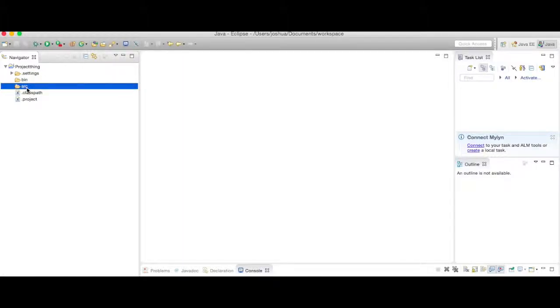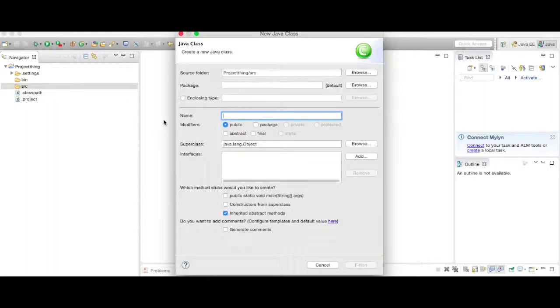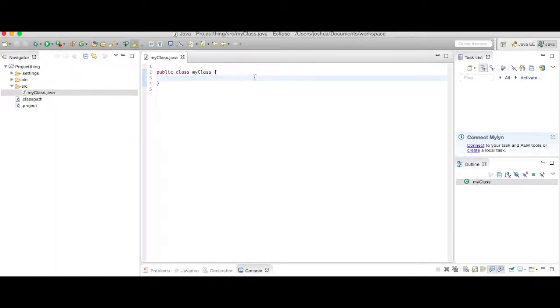So in the project, we go to source, new class, and we name our class. It's going to be boring and name it MyClass. There we go. Here's a class. In every Java program, it's mandatory, it needs a main method. So I'll just write it now. Public static void main